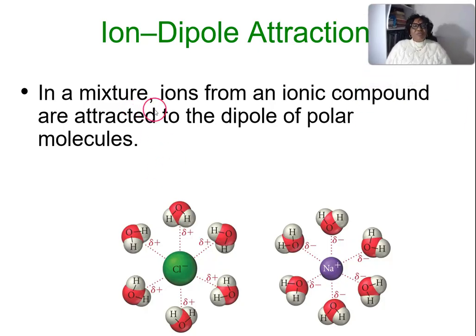In a mixture, ions from an ionic compound are attracted to the dipole of polar molecules. So you can see this. This is sodium chloride, and it is solvated by water molecules. But look at how the water molecules have oriented themselves. They've used their positive end